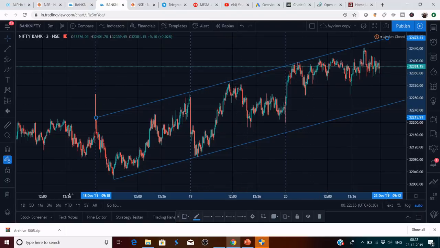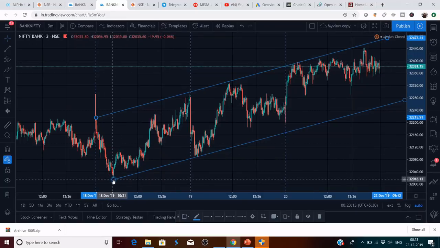Okay, so now we can easily see the price has used the channel. This is the support level and this is the resistance level. Now you can easily see this comes close to the line which we have already drawn. So this entire place will become a resistance zone. So the market can take a resistance from here and come back and touch this line and go up, or it can break this and form a new lower low,